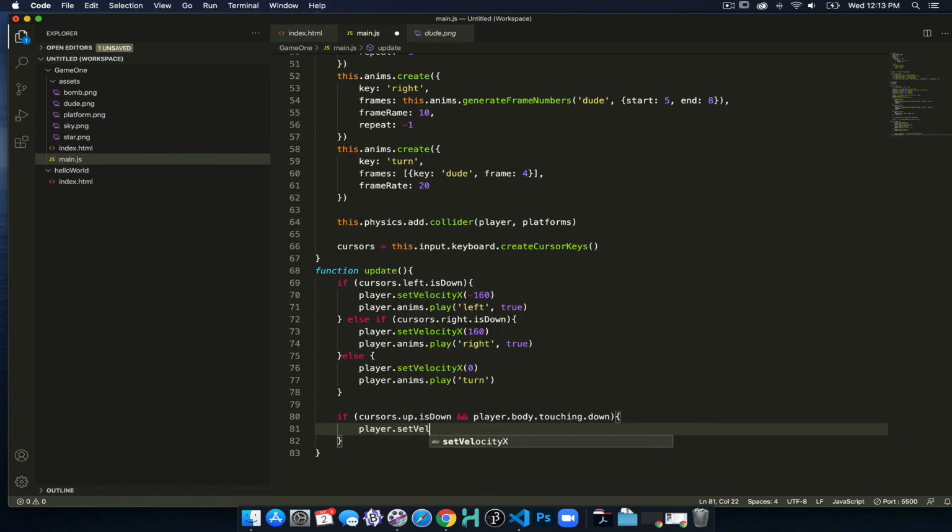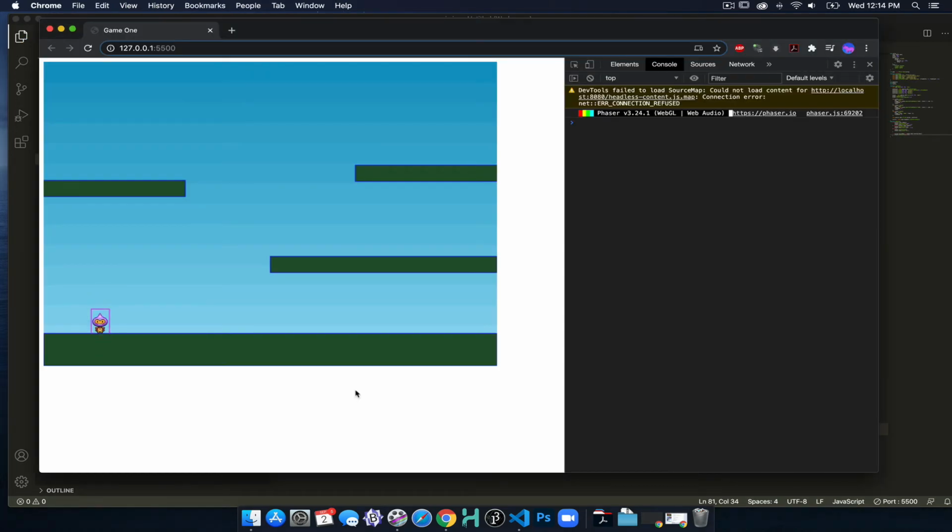And now we're going to set our velocity y this time instead of our velocity x, and we'll set it to negative 330, so that means we can overcome the forces of gravity. Save this, go here, hit the up arrow, and you can see the green bar